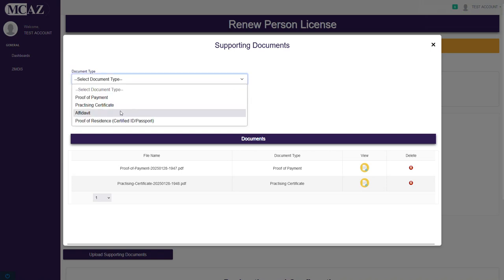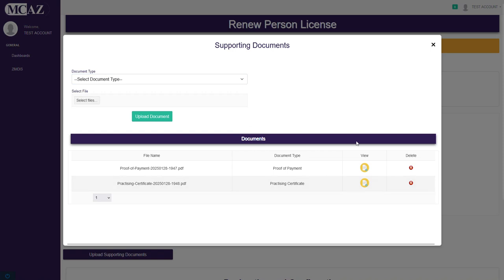The other documents, that is your affidavit, is for when you have anything to declare to the authority, but if you do not have, it's still optional. The proof of residence is for if you have changed anything. These are optional documents and don't appear as required in every application. Once you've attached your two documents, you then press